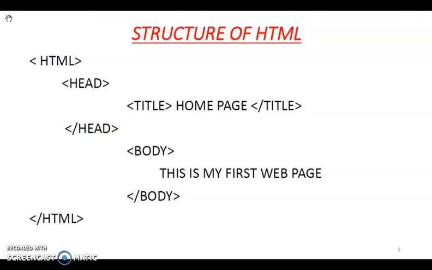In that you have the title tag. In the title tag you mention the title of your page and then the head tag is closed. We mention the title in the head tag because the title is always displayed in the header of the page. That's why we mention the title in the head tag.